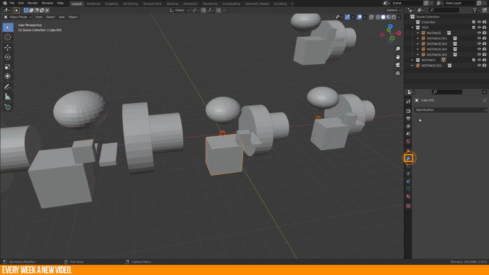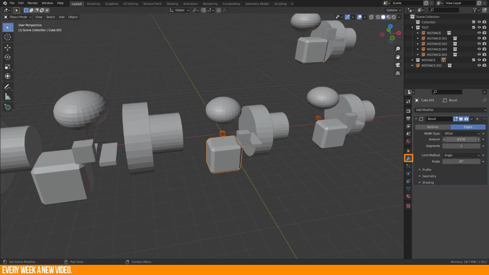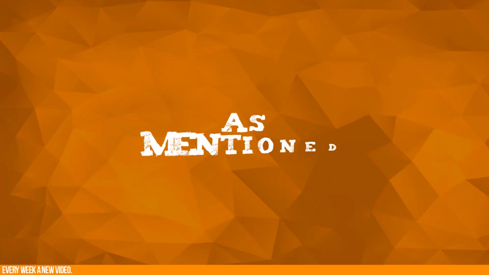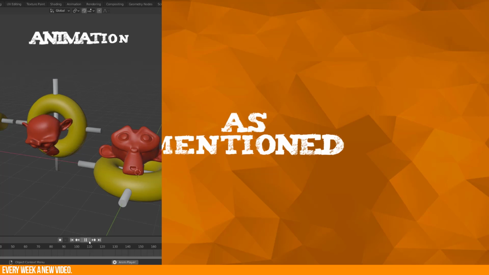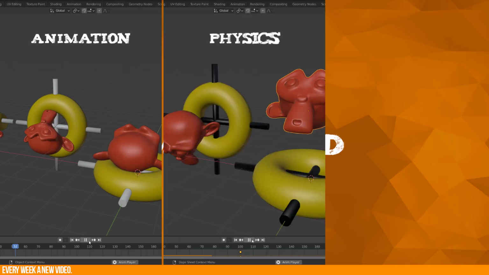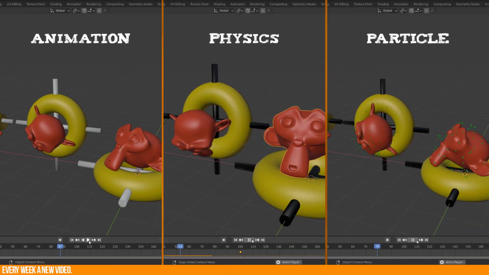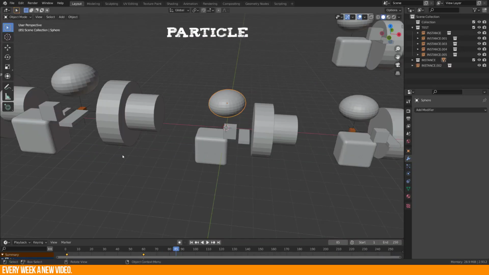It is possible to add modifiers which will be shared to the instances too. As I mentioned before, you are able to share animation, physics simulation and particle effects. Just to cover this topic too, working with particle effects is not 100% straightforward.